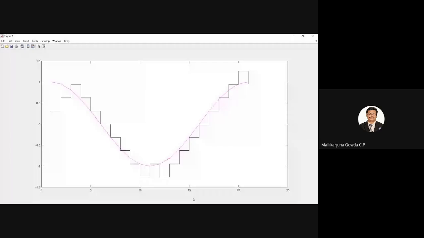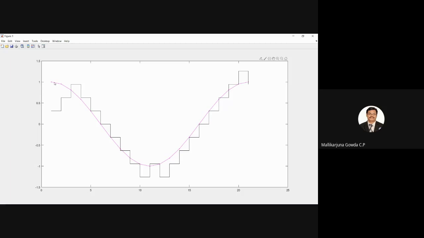Yes, I hope everybody might have got this waveform. Okay, so this staircase waveform is the x hat of nTs,